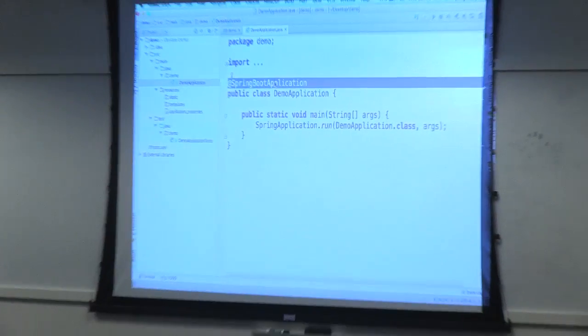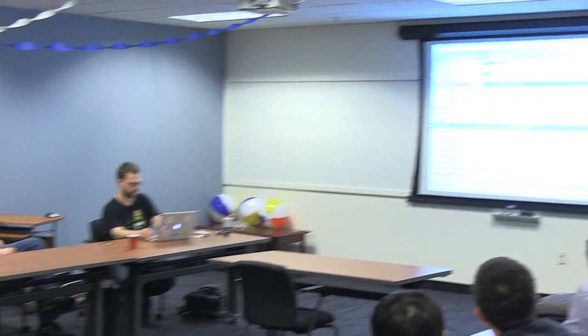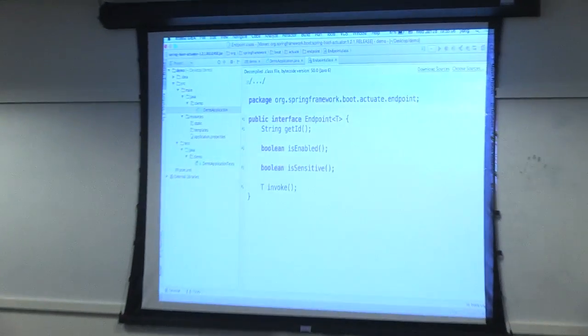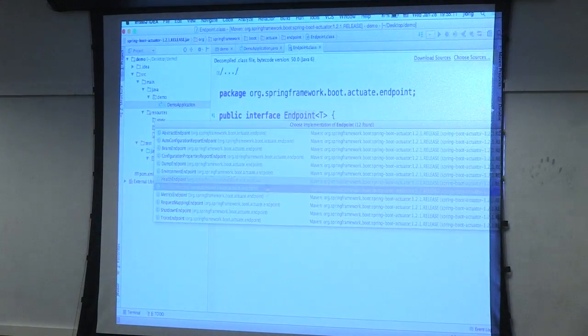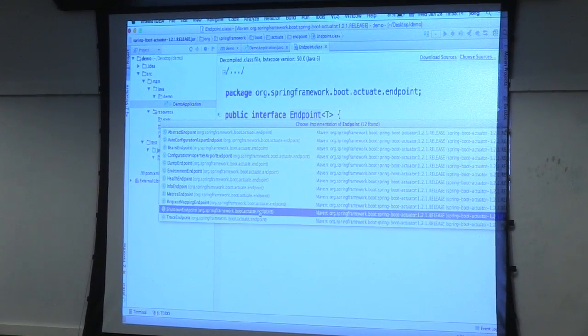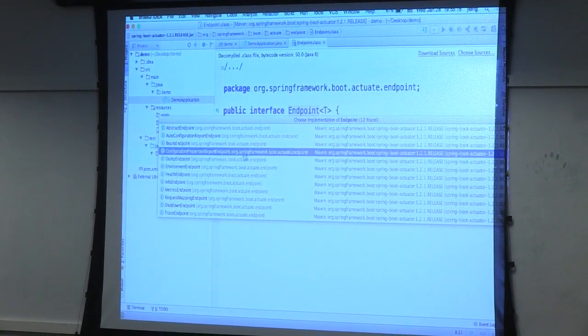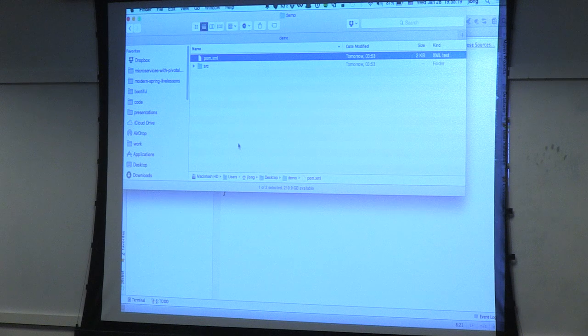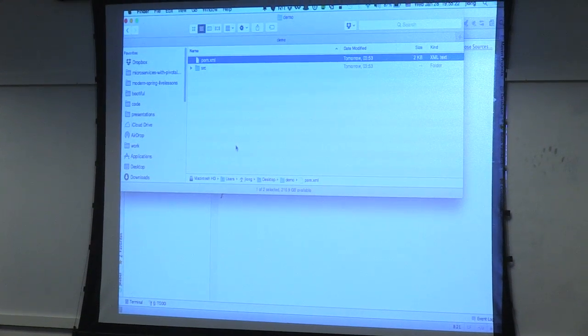So here's your standard basic. This is a brand new Spring Boot 1.2 release. Oh, yeah, sorry. One quick question. Yes, sir. Is there any fixed and documented API for writing your own actuators? Yeah, it's called an endpoint. It's an interface. And so the question is, is there an API for writing your own actuators? Absolutely. Here we go. And then you can see I've got endpoints for the metrics, for the request mappings, to get the trace logs, for the environment, the health, a dump, which gives you a stack trace, the config props endpoint, which tells you all the properties that Spring Boot will respond to at runtime, and so on. Is that kind of OK?